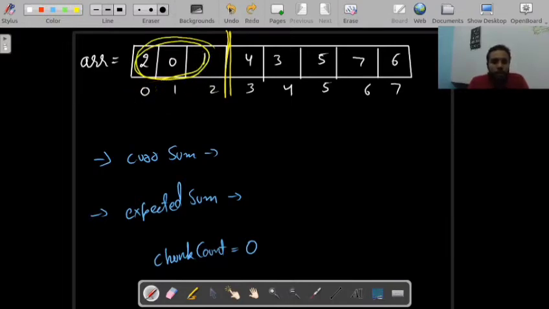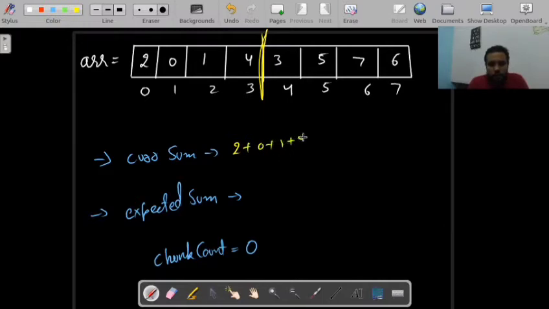And this fails at this point. The current sum value at this point will be 2 plus 0 plus 1 plus 4, it's 7. And expected sum is the sum of these indexes, 0 plus 1 plus 2 plus 3, and it's equal to 6.